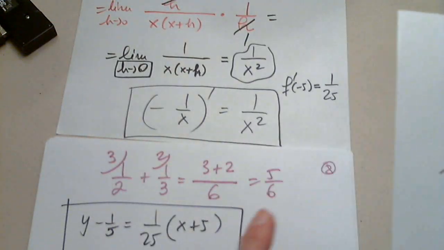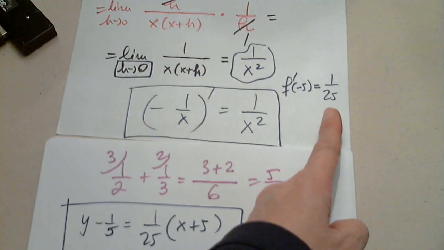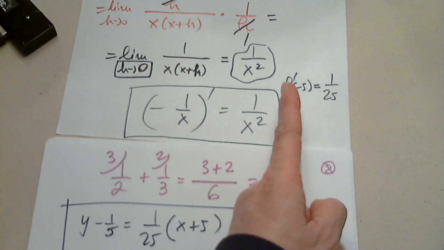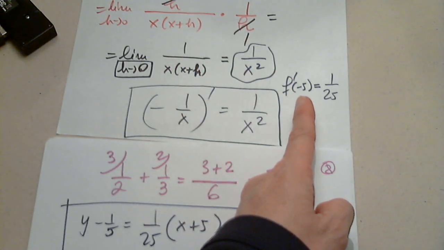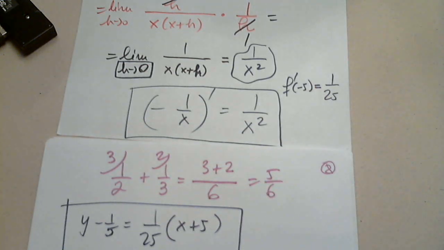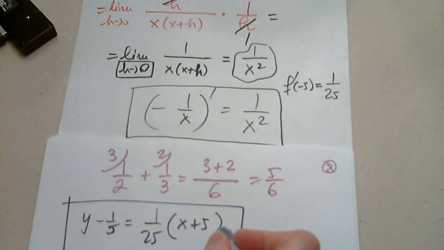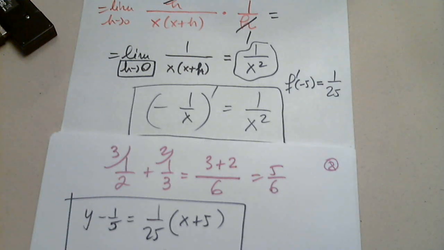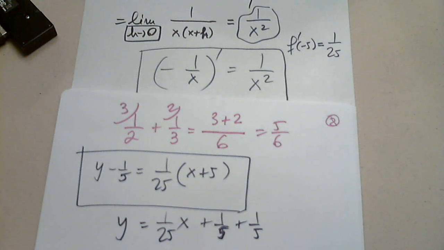I needed to find the instantaneous rate of change of the function given to us at x equals negative 5, which is this. Okay, now I distribute and solve for y. This times this, 1 over 25x. This times this, 1 over 5. And bring another 1 over 5. That's it. y equals 1 over 25x